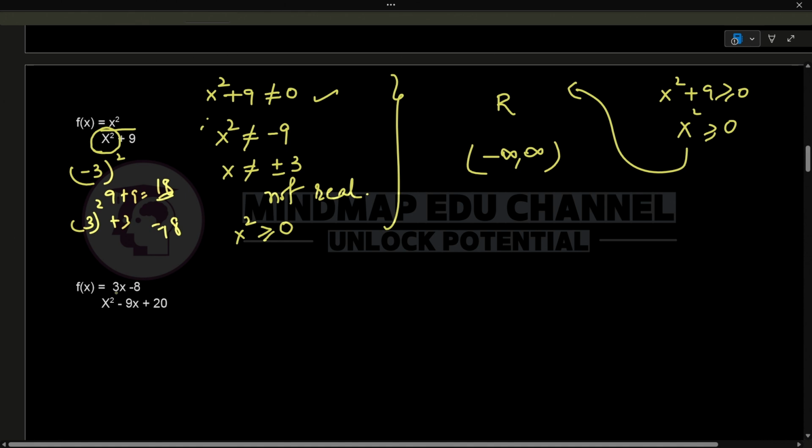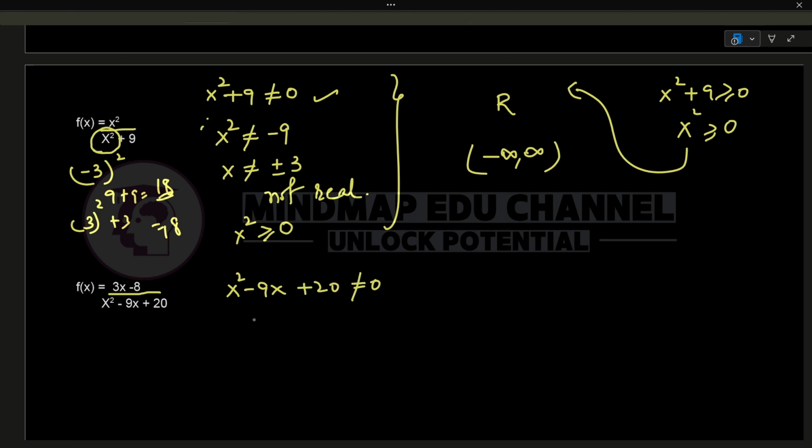Now check out the next function. f of x is equal to 3x minus 8 over x square minus 9x plus 20. Now this is for you. Pause the video and solve this, and then later on you can check the answer. Now set the denominator